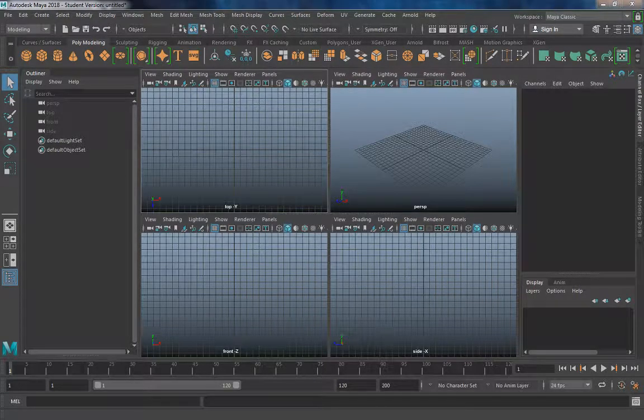Hello everyone. In this video we're going to cover a few things. We're going to cover duplicate special, which is mirroring your object. We're going to cover center pivot, smoothing an object, and that's about it. So we're going to start a new model, and like always we are going to